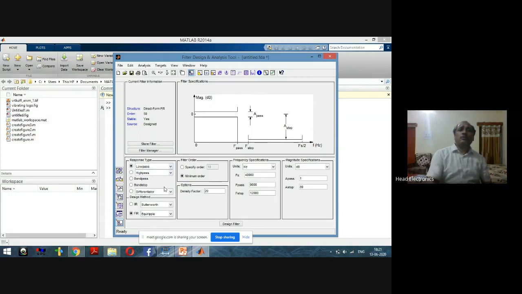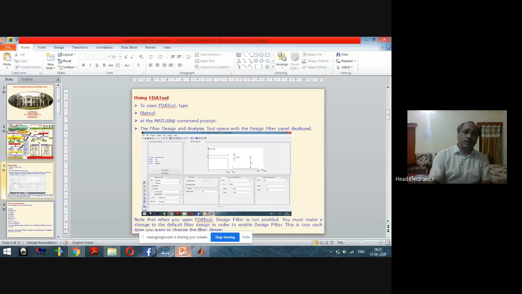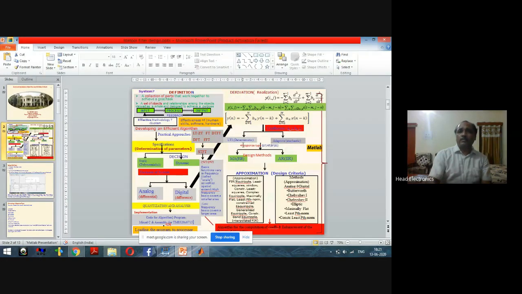Now, after this selection, we have to select the type of the filter, whether with feedback or without feedback. As we have discussed, the filter may be either the moving average type or the autoregressive type. Here we have selected this mathematical equation, and in this equation there are two terms.